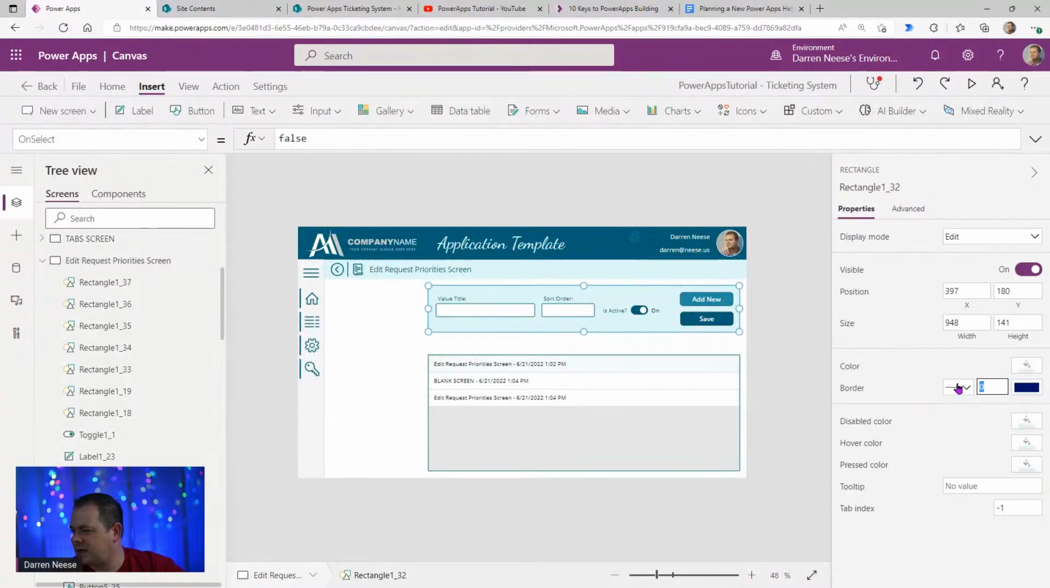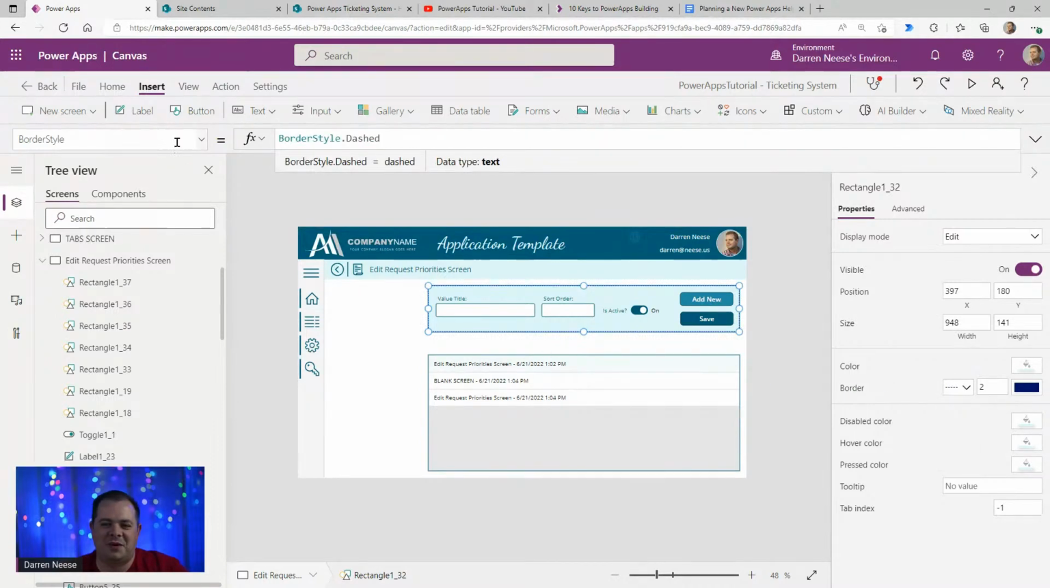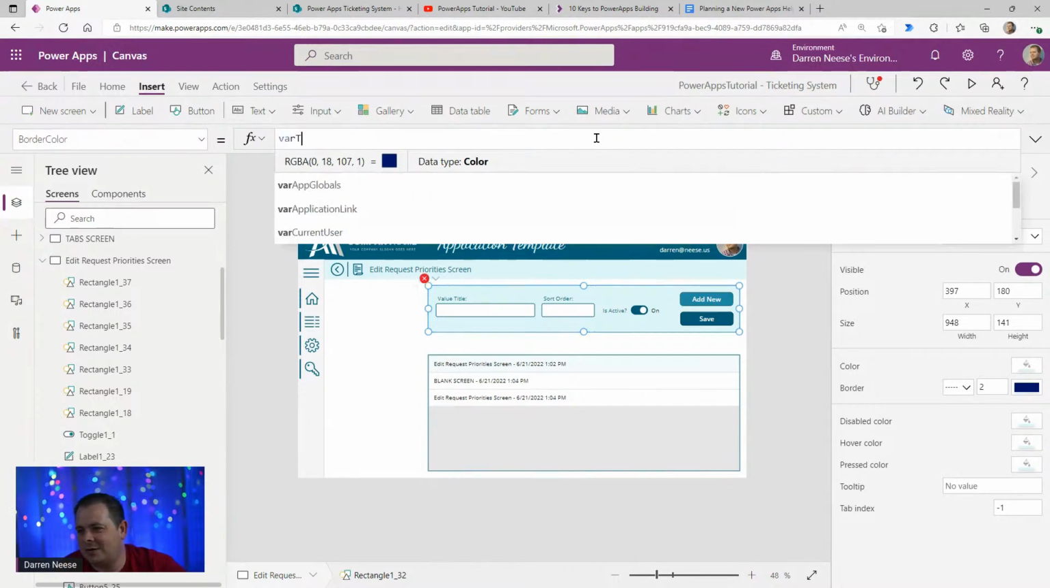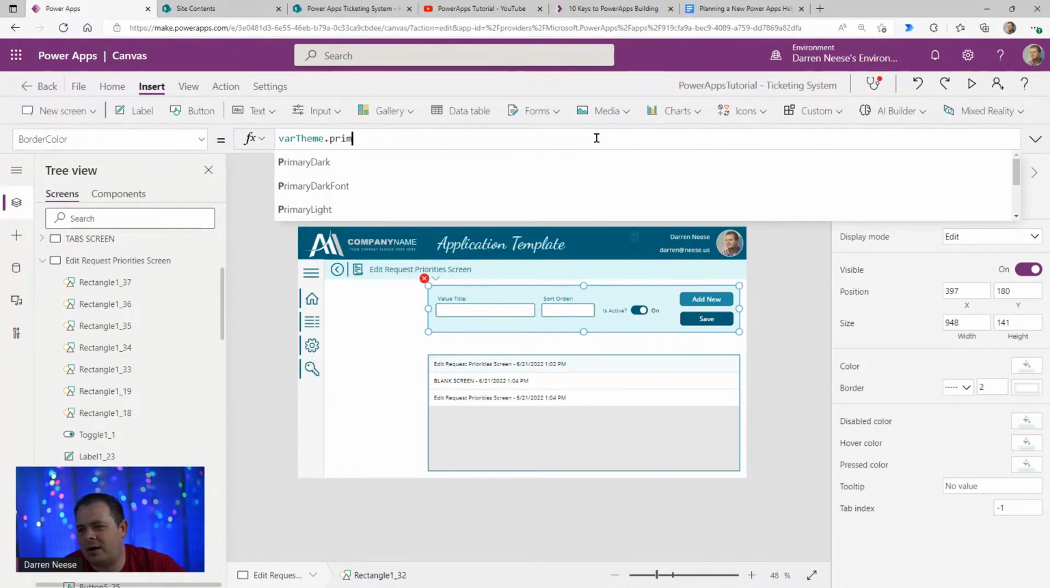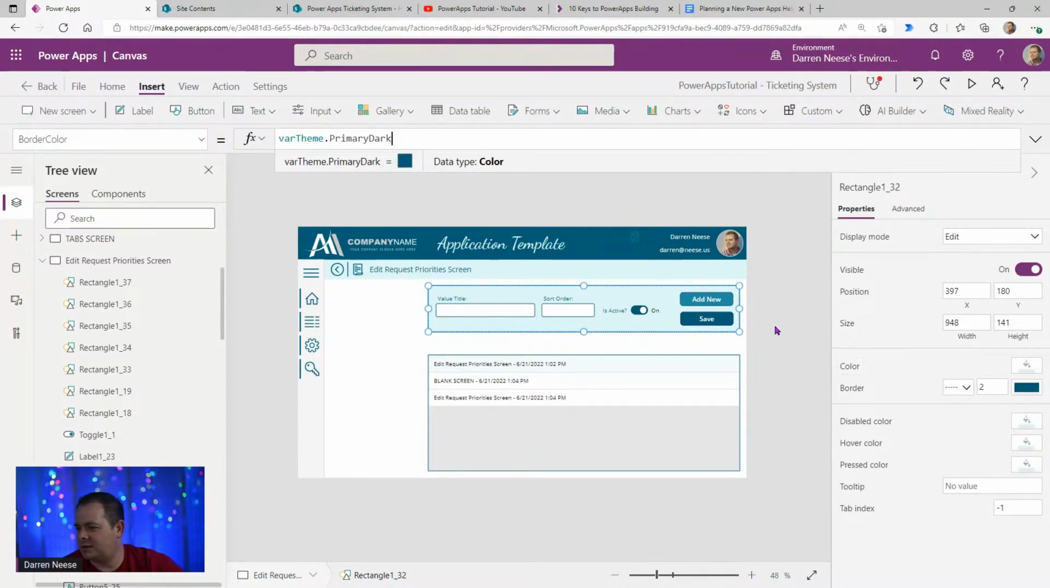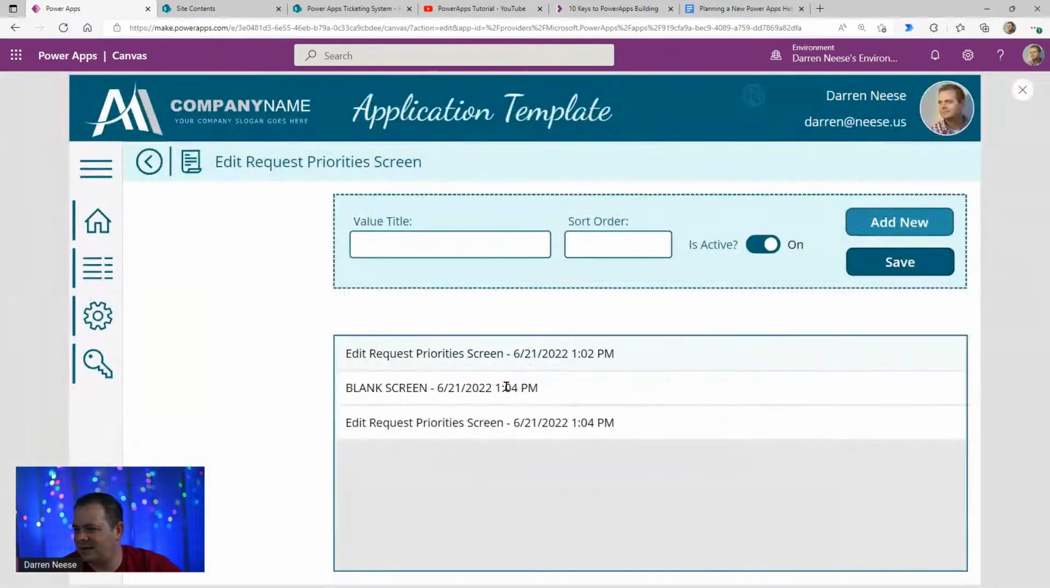Now we could set up a little bit of a border here. I like borders around stuff. My wife, who is a designer, said, "No, Darren, you don't need borders. It makes your application look dated." I think it looks nice, but you guys can do it however you want in your application. I'd love to hear what you guys think, though. We have our theme, primary dark. That's what I like to use for that. So we could have something like this,